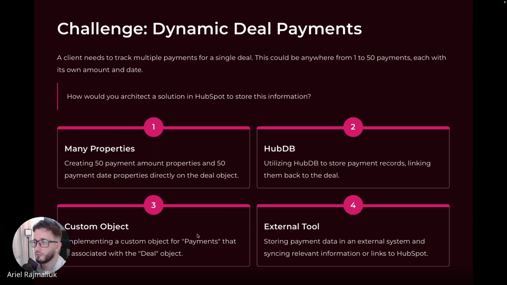So, small challenge here. This one is a bit more complicated, but I want to hear how you think that you will do it. Let's say a client needs to track multiple payments for a single deal. This could be anywhere from 1 to 50 payments, each with its own amount and date. So, common example: